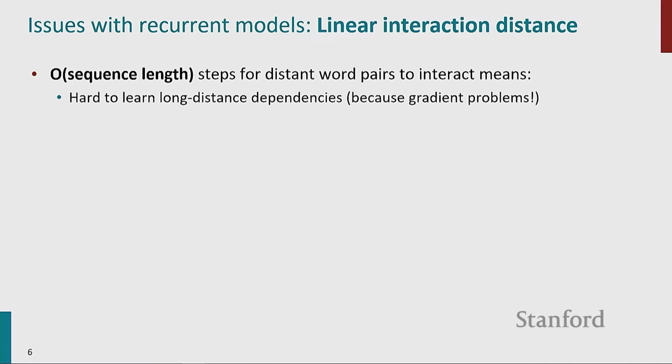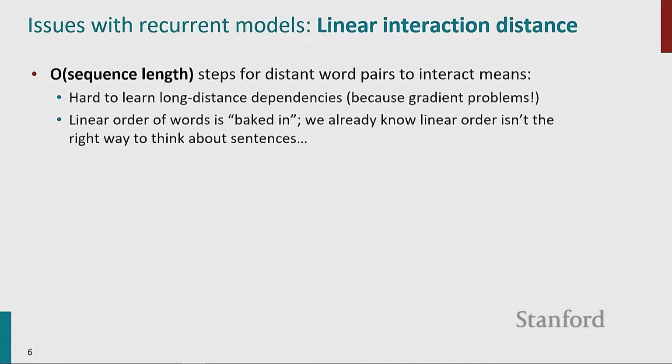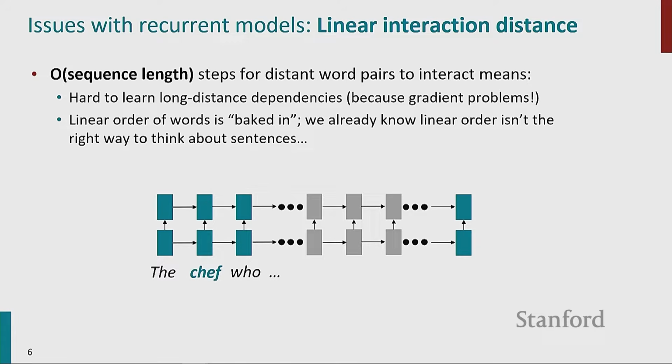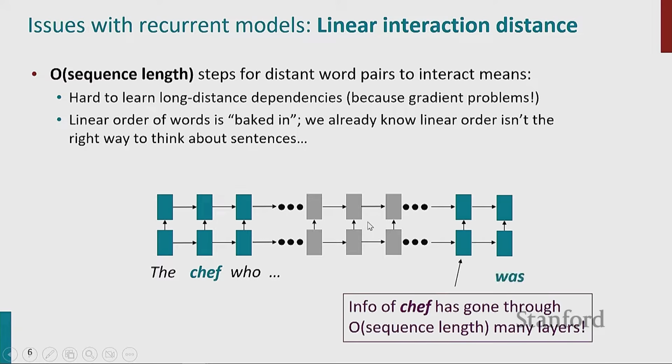So if you have sort of a lot of steps between words, it can be difficult to learn the dependencies between them. We talked about all these gradient problems. LSTMs do a lot better at modeling the gradients across long distances than simple recurrent neural networks, but it's not perfect. And we already know sort of that this linear order isn't sort of the right way to think about sentences. So if I wanted to learn that it's the chef who was, then I might have a hard time